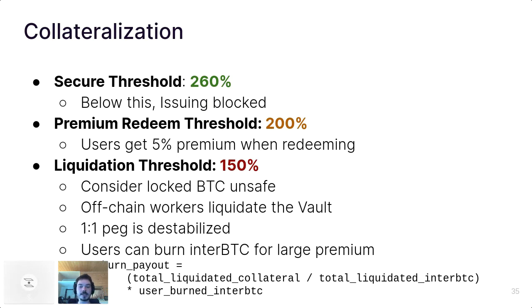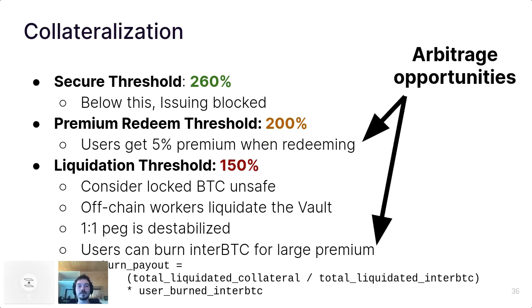This is remedied by enabling a burn operation. Because the liquidation threshold is above 100%, in fact it is 50% higher, this extra value is used to offer a premium for people who are willing to redeem interBTC directly for the collateral asset. And a very large premium, in fact, up to 50%, depending, of course, on exchange rate fluctuations. And this incentivizes users to restore the peg,